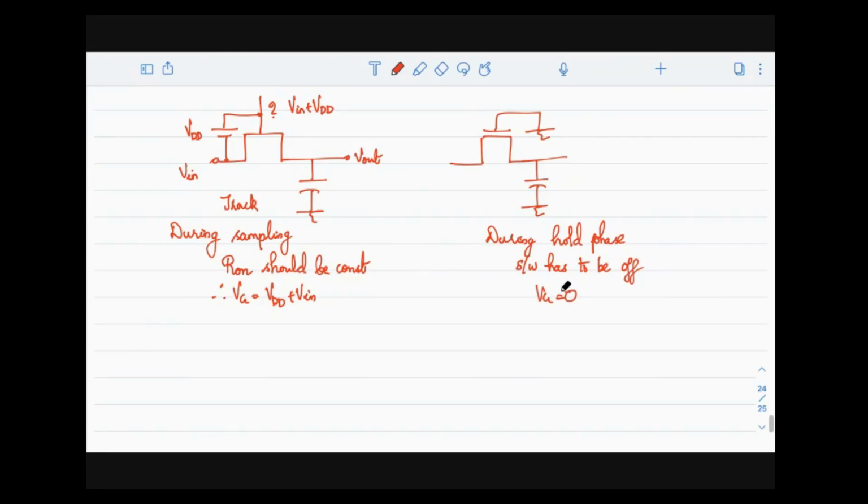During the hold phase, the problem is if I connect a battery like this, the battery has to operate. The battery will be there, and I'm not expecting any current to flow through the battery, at least during the hold phase, because that will again cause a problem. So what is the best way I can do this? One thing is definitely I need switches, because this is something which I need only in the sampling phase, and in the hold phase I don't want that. So switches are required. Now how can I bring in a VDD charge to the gate? Connect.